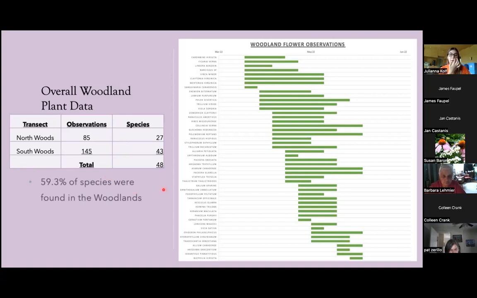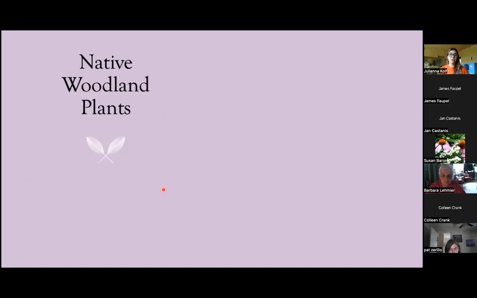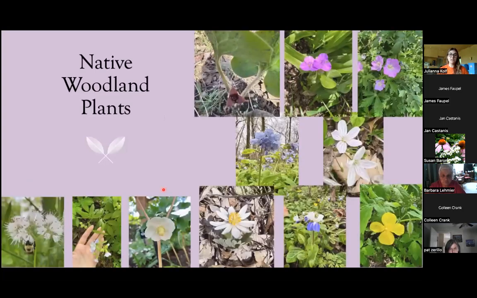So 59.3% of the species we found were found in the woodlands, and 37.5% of the observations were in the woodlands. So for the non-native woodland plants, I took quite a few photos. Up here we have our wild ginger, we have our spiderwort, the wild geraniums, the spring beauties, the bluebells,